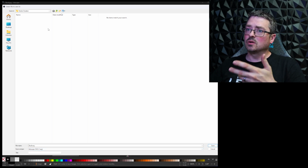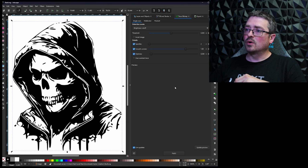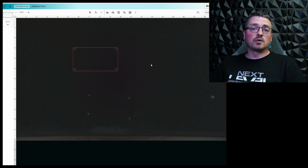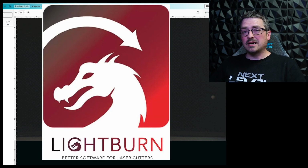SVG, skull, we'll keep it in our folder here. We're going to hit save, and now we have just created a vector. So now we're going to move over to our laser cutting software, and that's going to greatly depend on the laser that you're using. Probably one of the most popular softwares out there for laser cutters is Lightburn, but